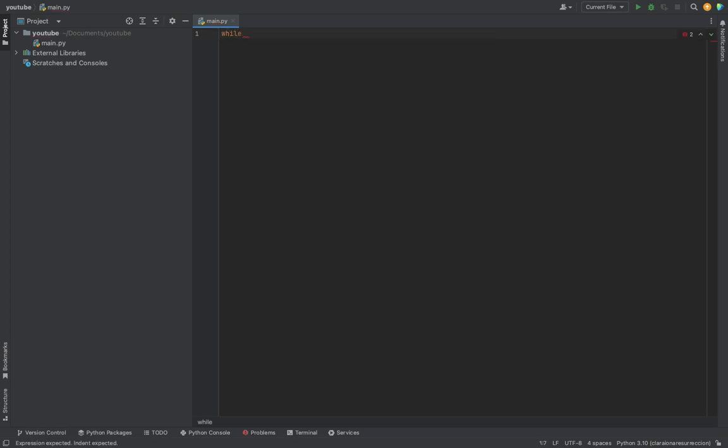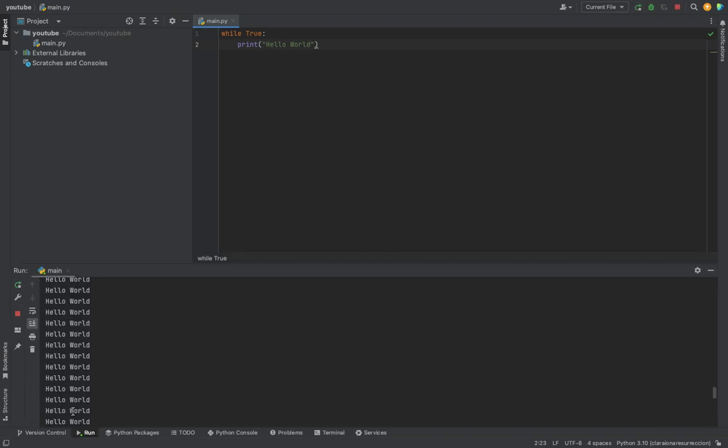depend on a boolean or a comparison. So while true is a boolean, we just have this print hello world infinite times. See, you can see the sidebar just scrolling,